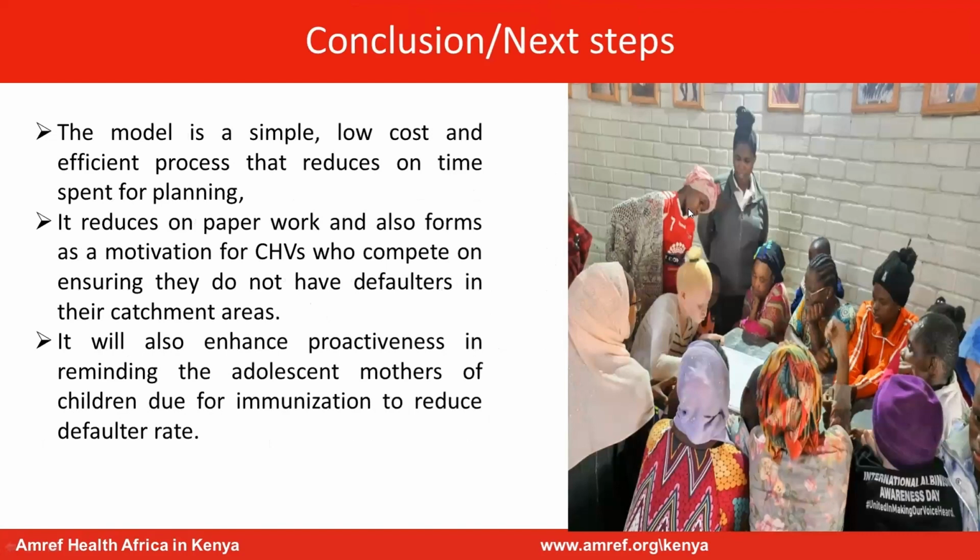So in conclusion, this model is simple, low cost, and very efficient, which also reduces time spent and paperwork. It also enhances proactiveness. This means reminding the adolescent mothers and the children of their due date for immunization, and following up defaulters. And this helps the CHVs make sure they're able to target all the young mothers in the villages and the adolescent mothers, hence making sure that we don't have gaps in terms of